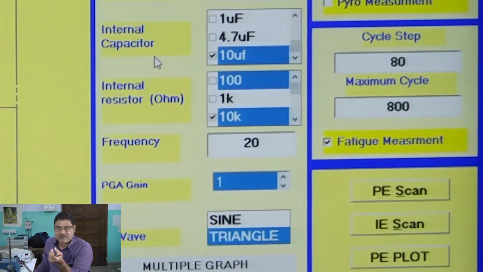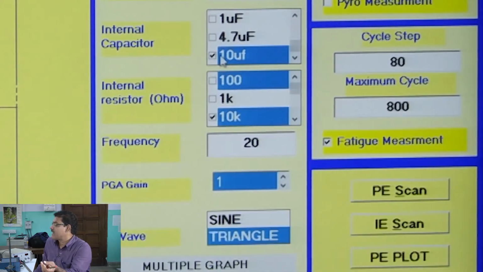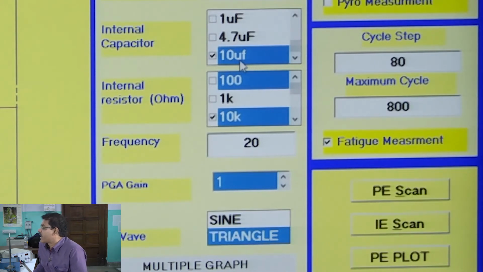I told you that in that box there is a known capacitor, the C2 capacitor. So, here it is written internal capacitor. There are three options: 10 microfarad, 4.7 microfarad, and 1 microfarad. You can choose one of them. We have chosen 10 microfarad, and the internal resistance is not coming in our calculation, but